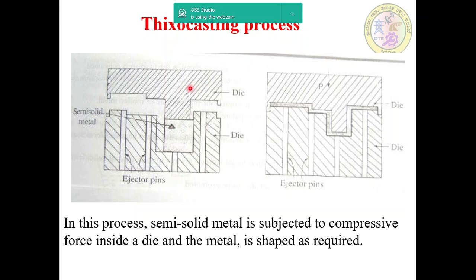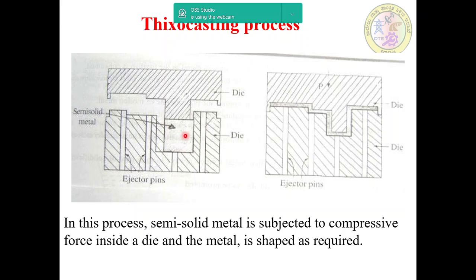These are the dies, one upper die and one lower die. Afterwards, pressure is applied from the top side. The two dies used for the purpose are capable of withstanding wear and tear as well as high temperatures. And then the semi-solid metal cools very fast and gets solidified. The component is withdrawn, the casting is ejected out, and this is a simple sketch showing that.